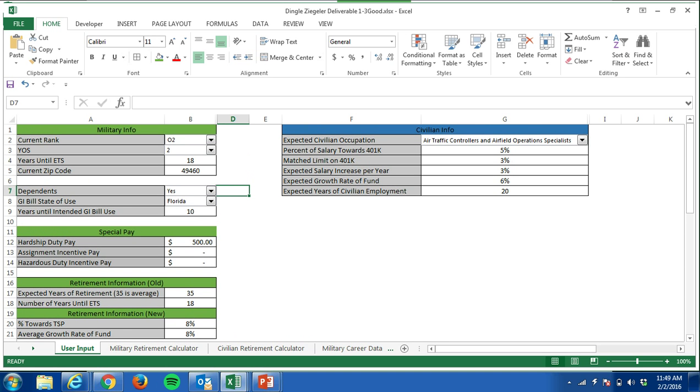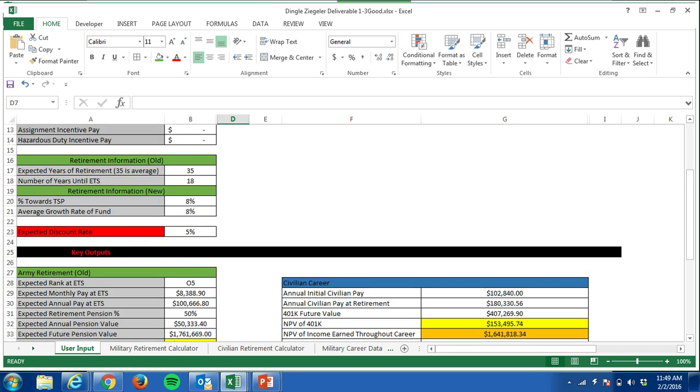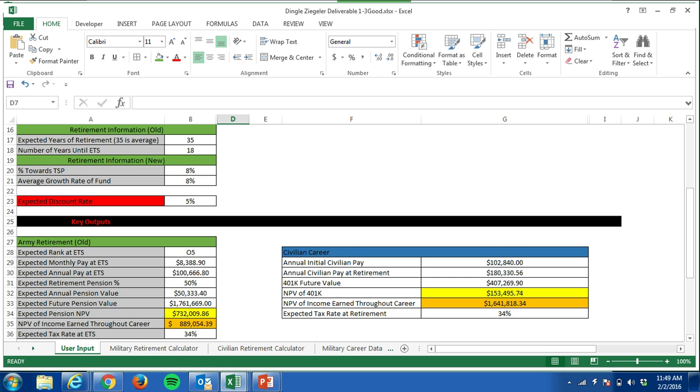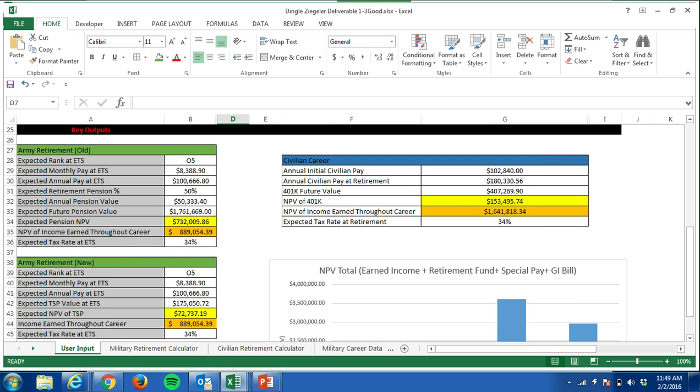And then with our civilian information, let's say we want to be an air traffic controller and airfield operations specialist for 20 years following our 20-year military career. We would have all this information in there with the expected years of employment and an expected discount rate of 5%. So our key outputs, the expected pension for the net present value is about $730,000, with the net present value income earned throughout the career